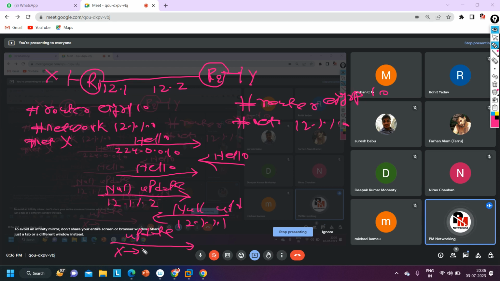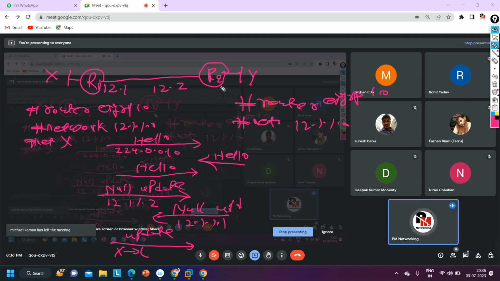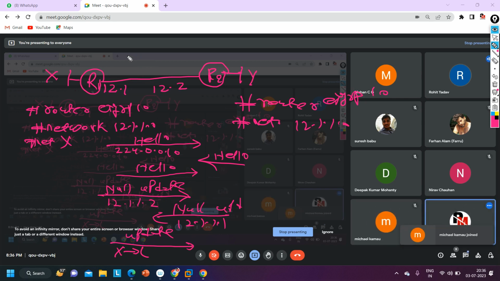With this network information, what important information will this update message carry? The router needs bandwidth and delay values to calculate the metric. So it is the responsibility of router 1 to send the metric, but to calculate the metric, router 1 should send bandwidth and delay. Yes or no? Yes, sir. So definitely there will be information about K values, like what is the value of K1, K2, K3, K5, right? Okay guys, it will send this update message.